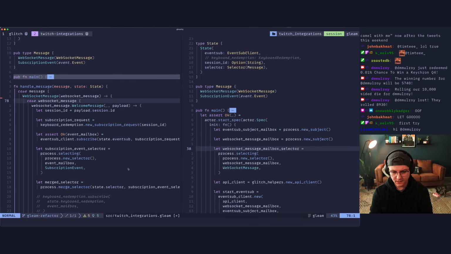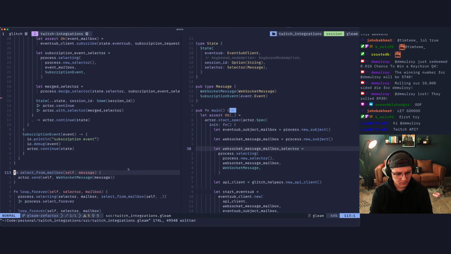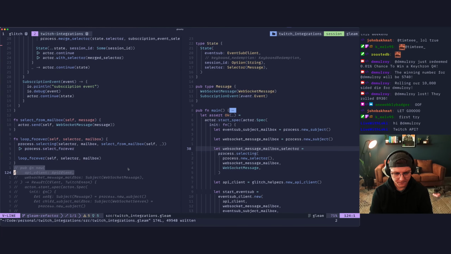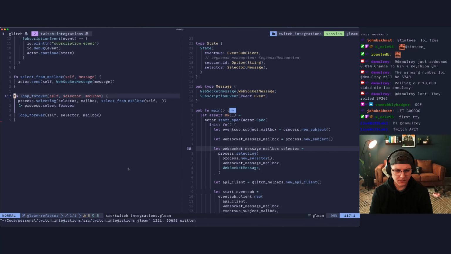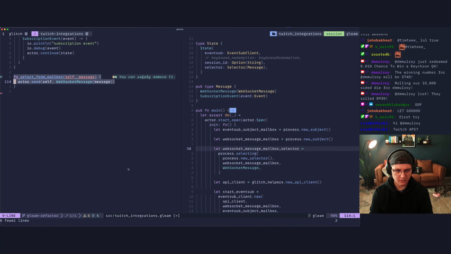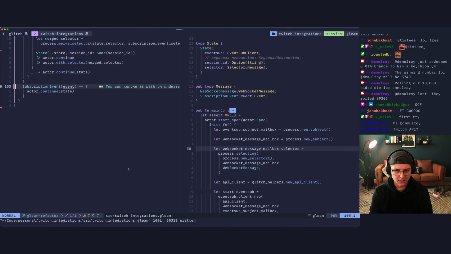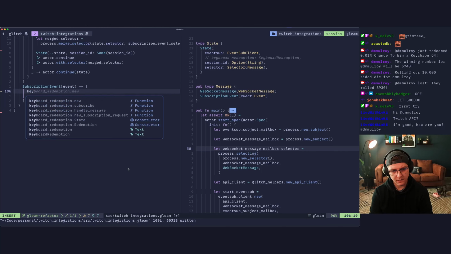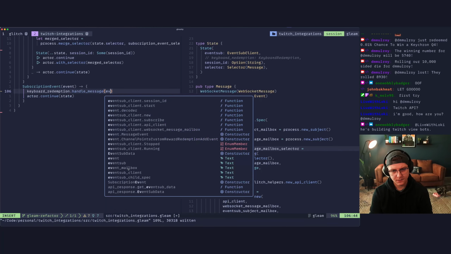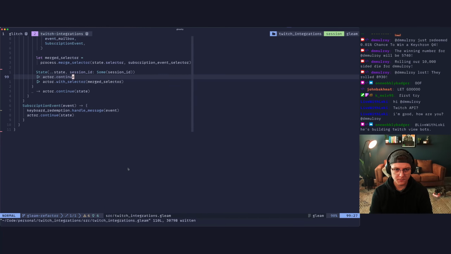All right, let's clean up some of this logging. Yep, this is the Twitch API. We can get rid of this loop forever. And I don't think we're using that. We can get rid of that. And then here we're going to do keyboard redemption.handle message. Continue, and then we come over here.